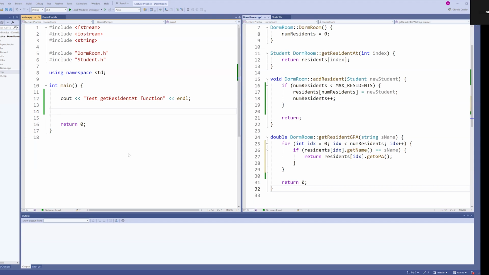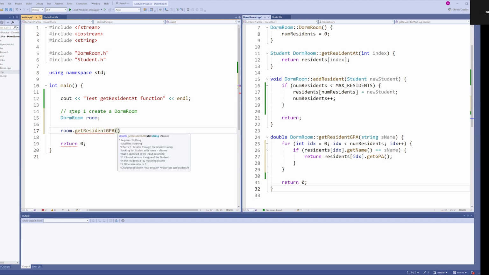This dorm room getResidentGPA function, in order to call that, we need to first create a dorm room. So we're going to use the only constructor we have, the default constructor. I'll just name the variable room of data type dorm room. If we say room dot get resident GPA, and then we provide a name like Dom, we say